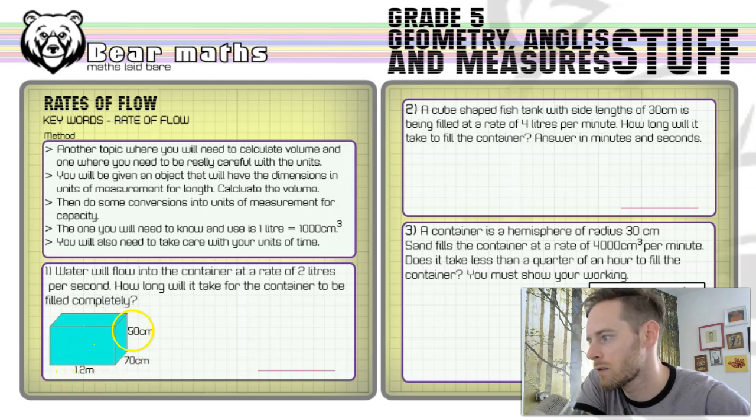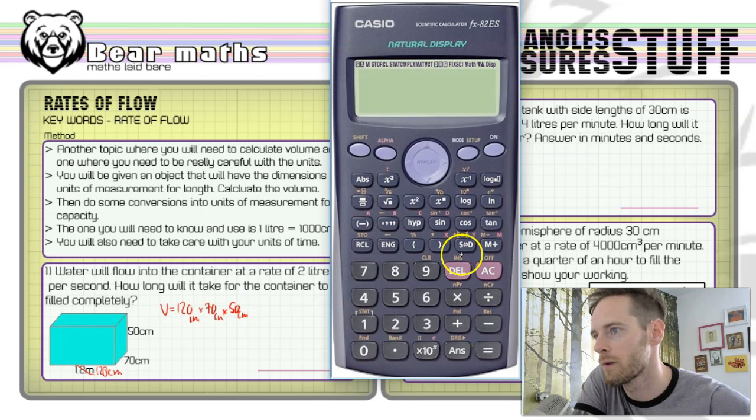Now the first thing that I've noticed on this problem is that you've got this length measurement down the bottom. This dimension is in meters. We want it in centimeters. So let's do a conversion there, 120 centimeters. If you don't know how to do that, please go back and watch the conversions of metric units video. Now the volume is calculated of a cuboid, and there's a video on this as well. 120 centimeters multiplied by 70 centimeters multiplied by 50 centimeters. Multiplying the 3 dimensions together is the easiest and quickest way to do it. So we do that, and then we get our answer